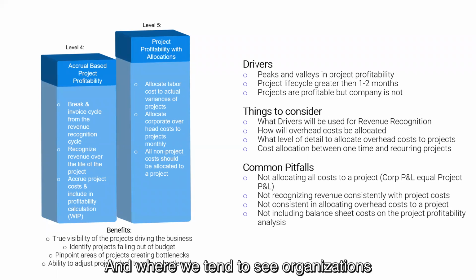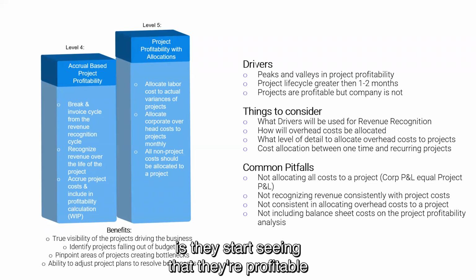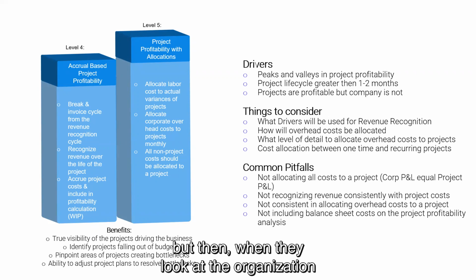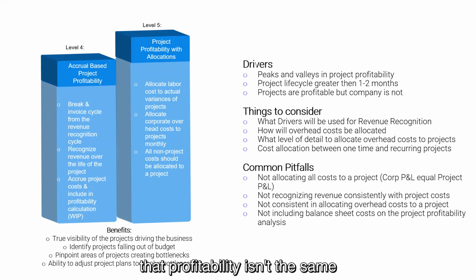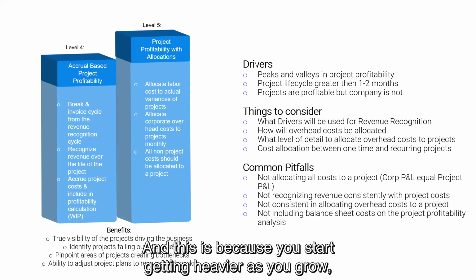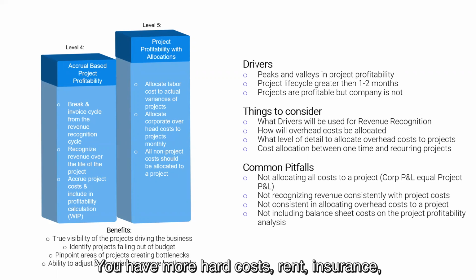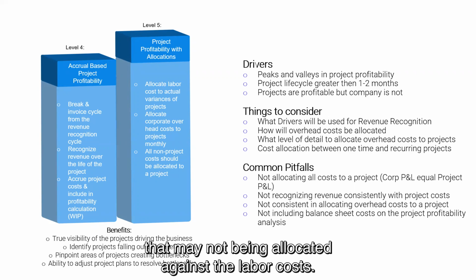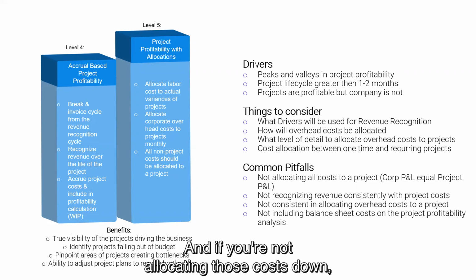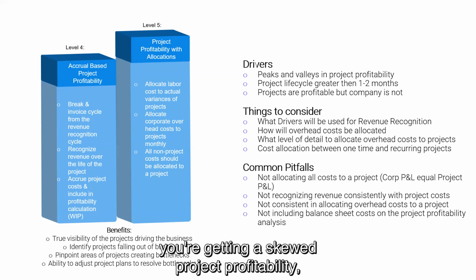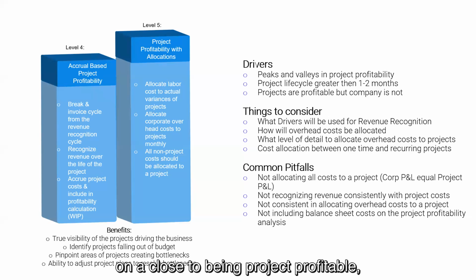And where we tend to see organizations starting to have this need is they start seeing that they're profitable at a project level, but then when they look at the organization, that profitability isn't the same, or they're not profitable. And this is because you start getting heavier as you grow. You tend to put in extra management up at the top. You have more hard costs, rent, insurance, things like that may not be allocated against the labor costs. And if you're not allocating those costs down, you're getting a skewed project profitability. Or you may be close to being project profitable, and then this allocation actually throws it out. And so that starts pointing out where there's a problem in the model, or there's a problem in the costing